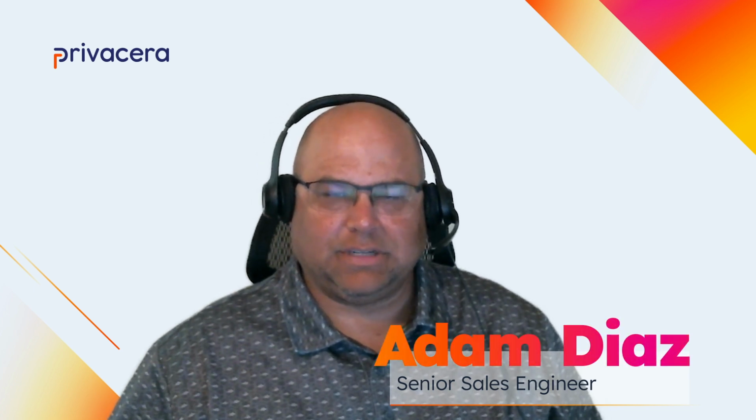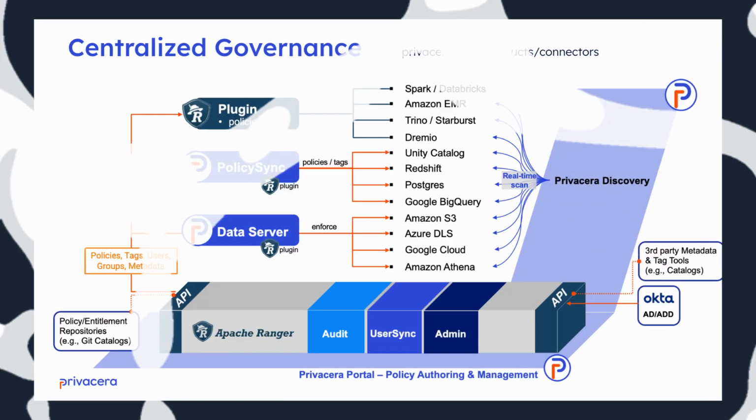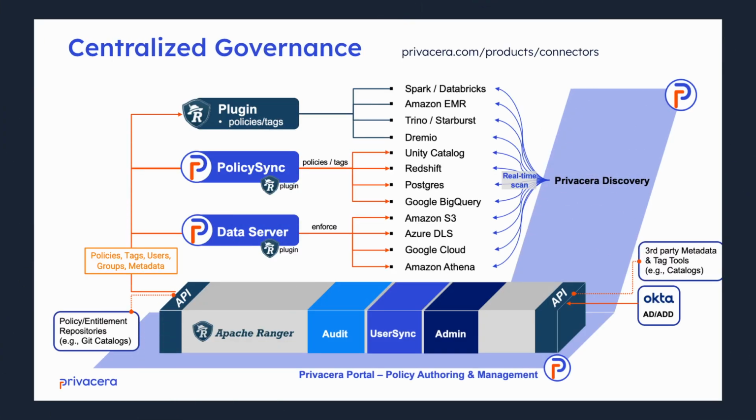Where we left off last time was discussing the classification of connectors, but we also need to understand, at least at a high level, their architecture. This helps understand connector operation and administration. Let's take a look. So in general, there are three types of connectors. I just wanted to quickly show this architecture slide to describe each of those center boxes: the plugin, policy sync,